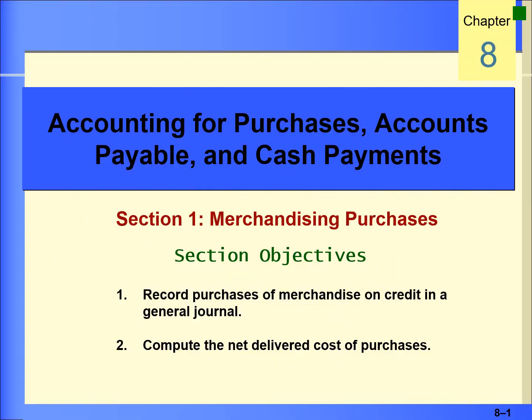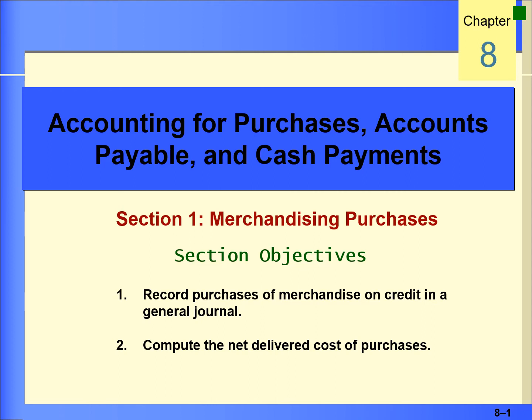Okay, so in Chapter 8, we're going to be talking about the purchase side of inventory, whereas in Chapter 7, we were dealing with how to sell inventory. In Chapter 8, we're going to cover all the concepts in terms of how to buy the inventory and also actually how to pay for this. So we're going to talk about some terms in here about what's called purchases, something called cost of goods sold, and so forth. But again, this is related to Chapter 7, but this is going to be the other side